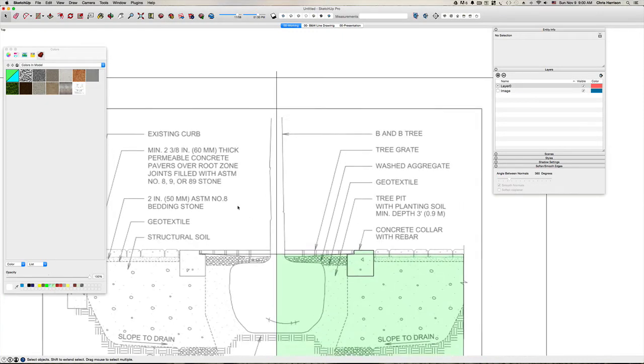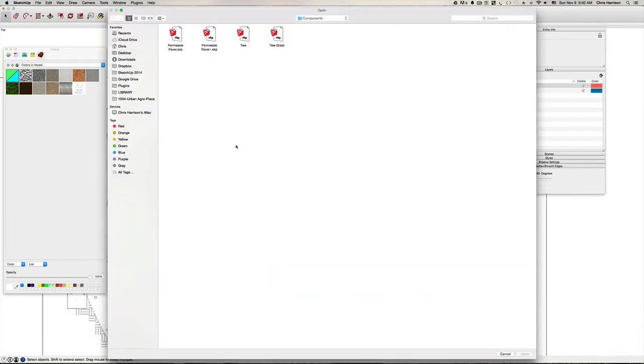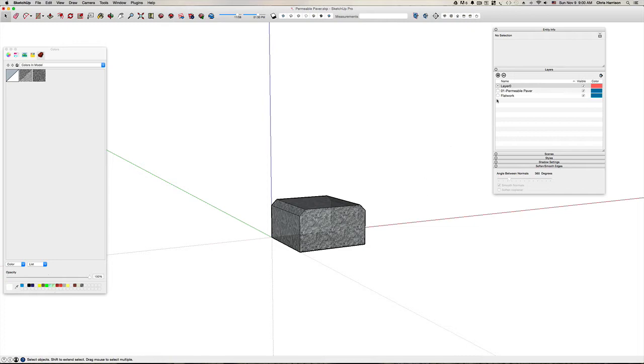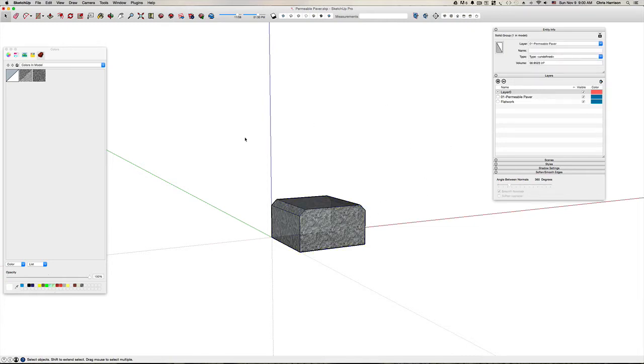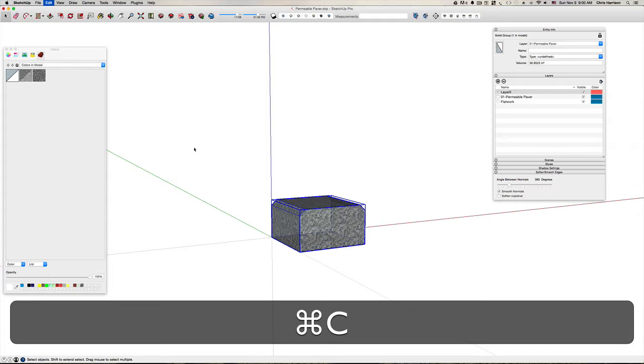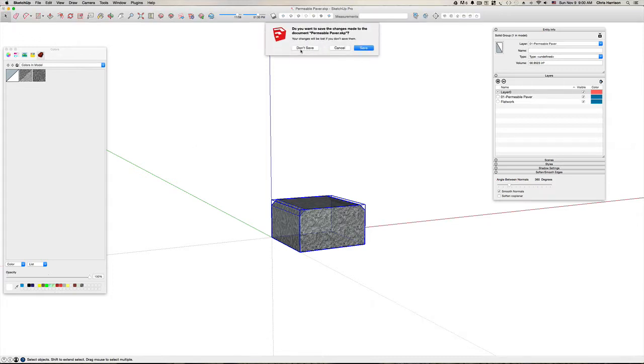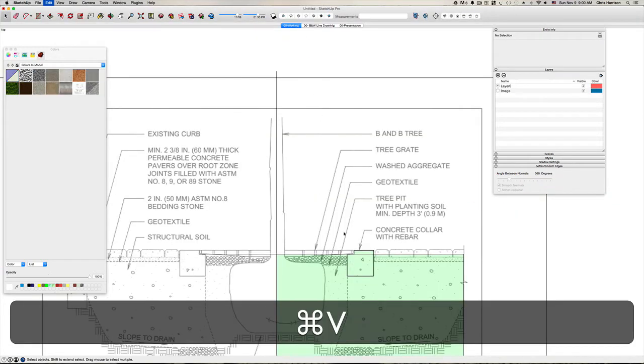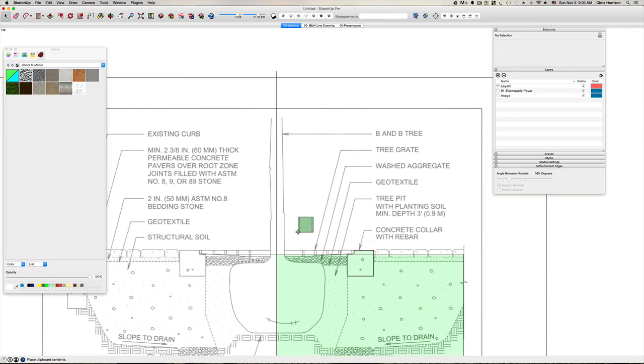So the first thing I'm going to do is just go ahead and bring in my paver. So I'm going to go Control O, and again I'm going to navigate to my core folder, my parent folder, go into SketchUp, and then go into the components that I saved out. And I want to right now use the Permeable paver, so I'm just going to open that, and it should be on Permeable paver, so that's good. So I'm just going to copy that, and I'll close it. I don't need that now, and I'll just do a Control V. And I'll bring this over here and